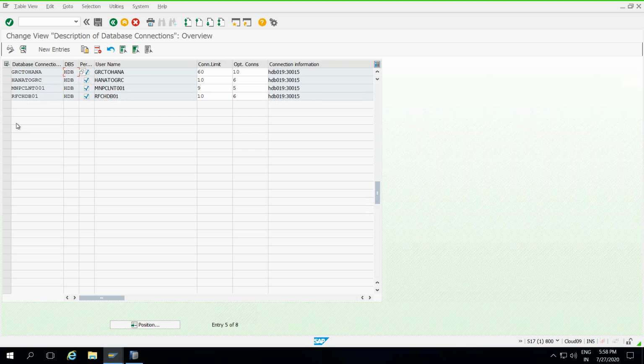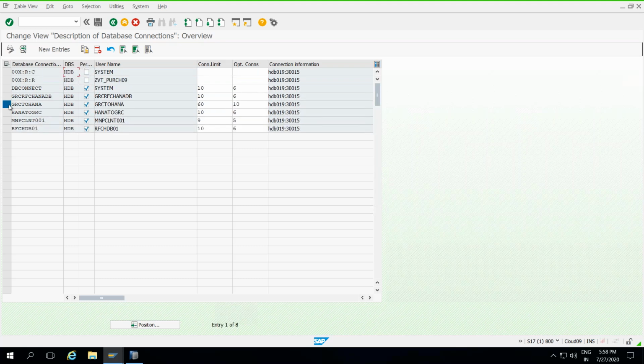So where is our connection here? This is it. This is the way of making a connection from your GRC to HANA DB. How do you confirm whether it was successfully done or not? You can do some testing. Suppose you're making an RFC connection, how do you check? You do the connection test, authorization test, Unicode test. Similarly here, I want to do testing.